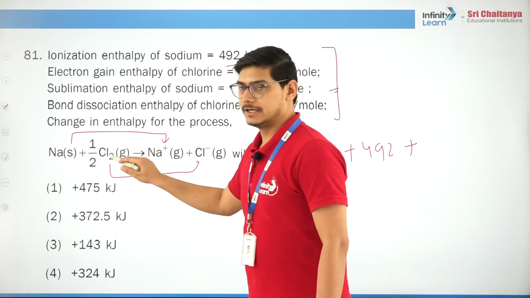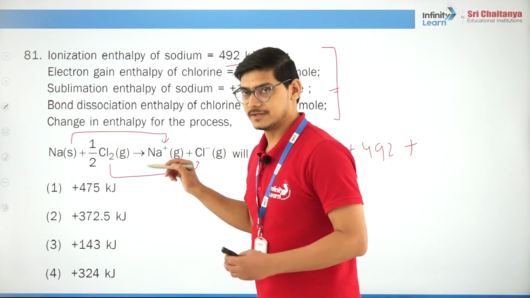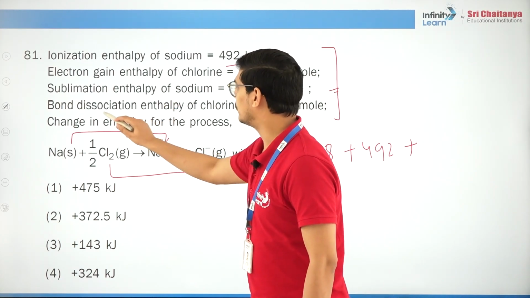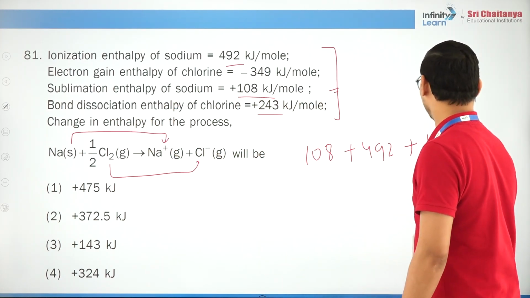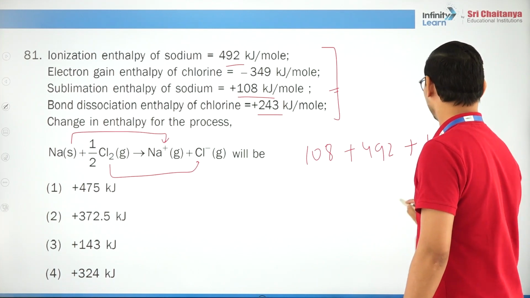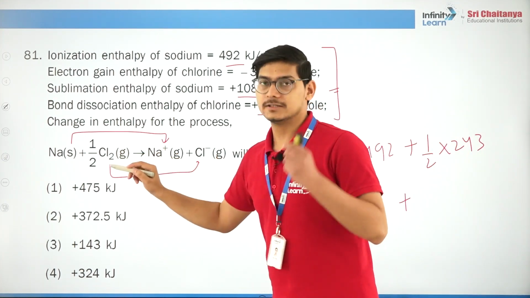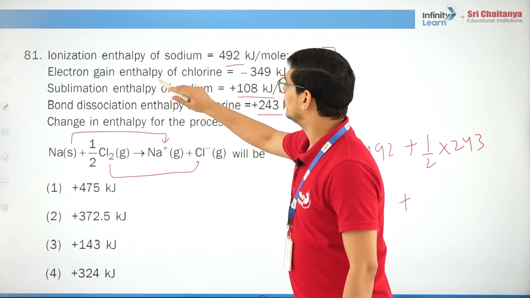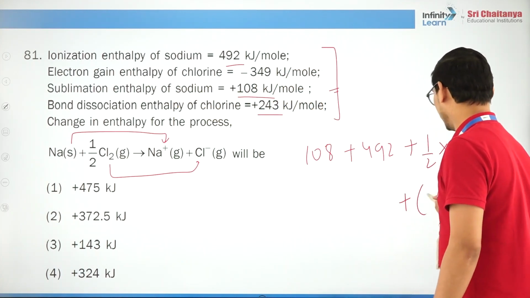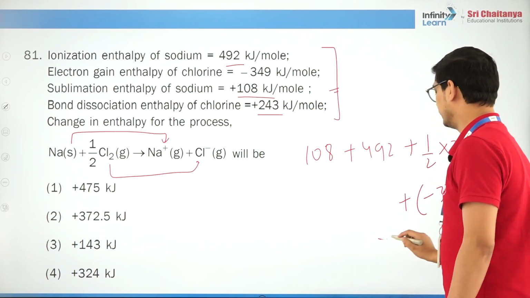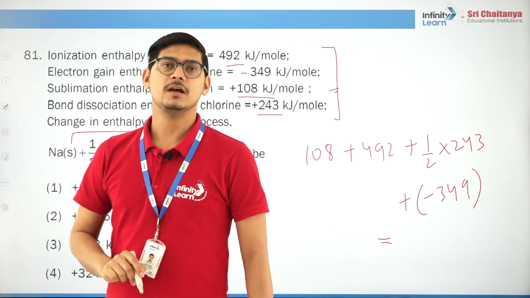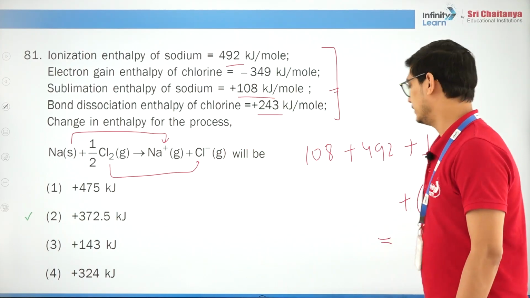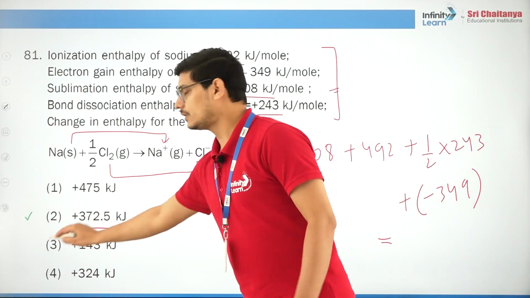Then it's a diatomic molecule, you are converting it to atom first, because only then you can define electron gain enthalpy, right? So half of the bond dissociation enthalpy of chlorine is 243. So it will be half of 243, okay? And then that gaseous chlorine atom will gain an electron to finally give you this. So electron gain enthalpy of chlorine is -349. So you can do this simple addition, subtraction, division, you will get your final answer, okay? The correct answer is 372.5 kilojoule, correct? Okay.